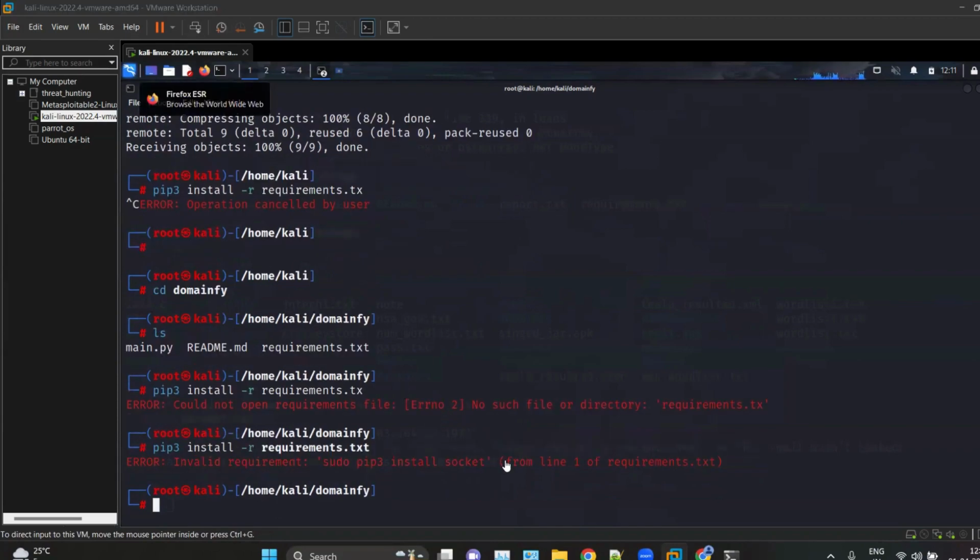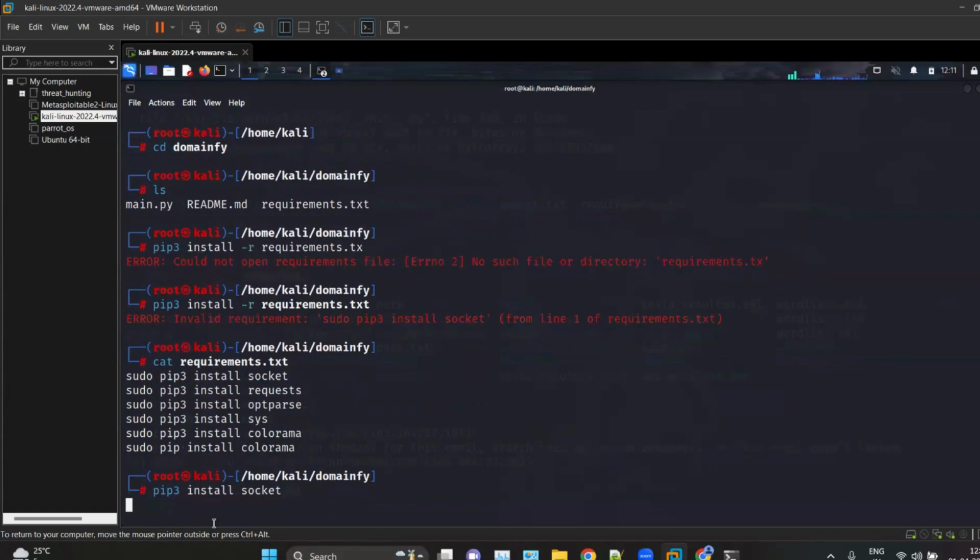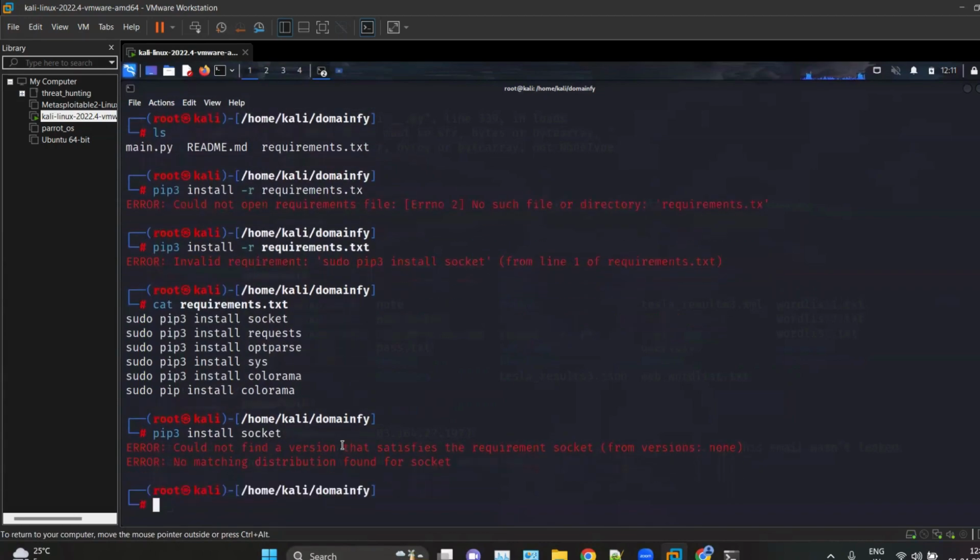You can check out what's inside that file. Okay. So we have to install it manually, or we have to edit this file. So let's try this one by one. Control C. Let's first run this Python 3